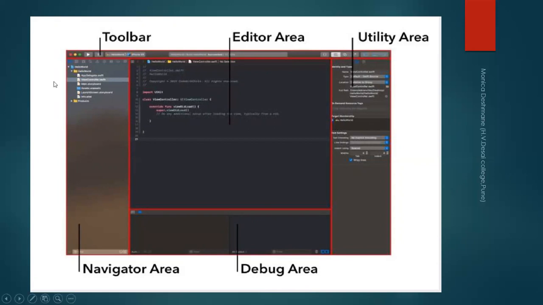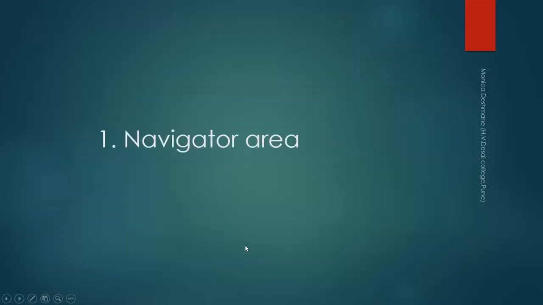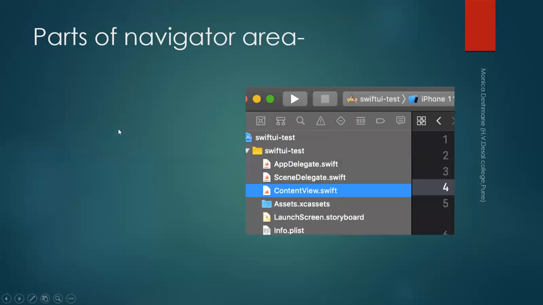So basically this is a typical view in which we have to learn each area one by one in detail, what it actually contains. First we will focus on the navigation area, or navigator area. What do you mean by navigator area? There are particular controls to navigate. You can see here these are the buttons. About 8 buttons are there, so 8 navigator tools are listed over here.